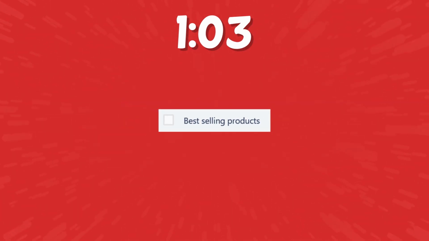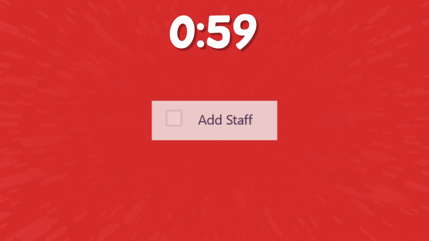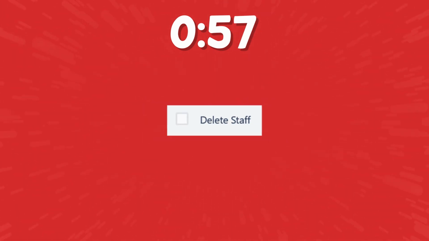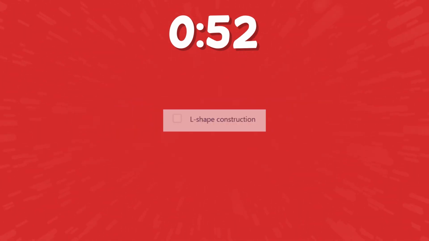placed object as part of the shop, inputting UI assets into Unreal Engine, creating the product list, creating the best-selling products list, implementing the graphs, recreating the new shop UI, creating the staff UI, adding the new staff into the mall, firing the staff, managing the staff, optimizing paving objects for performance, remaking the drag building method,